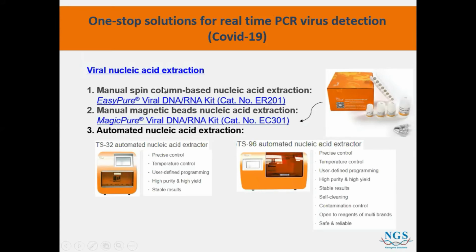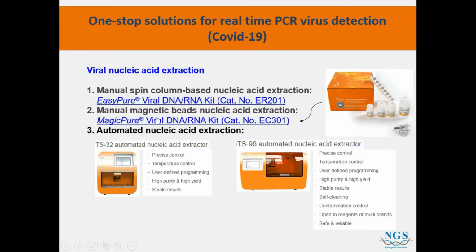So the difference here is that for Magic Pure, they are using the beads method, okay, while Easy Pure is using the spin column method as what you are used to all the while. So Easy Pure viral DNA and RNA kit is actually provided to KKM. Okay, so we have been providing this kit to many hospitals in Malaysia for COVID-19 testing. So these two are the manual extraction